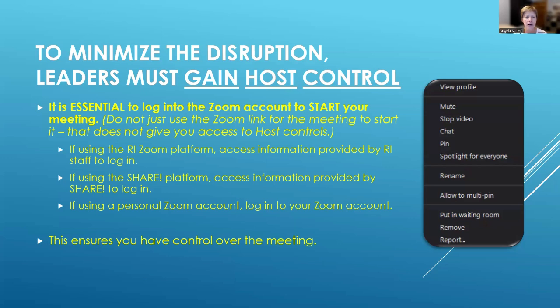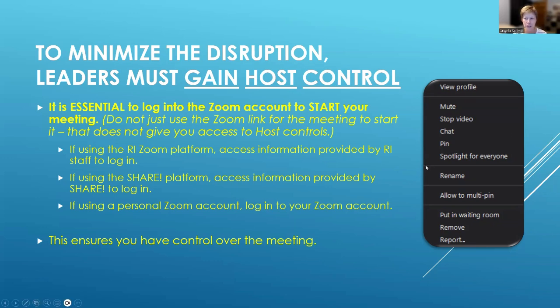If you're using the RI Zoom platform, that access information was provided by RI staff to log in. If you're using the Share platform out in Los Angeles, that access information was provided by Share. And if you're using a personal Zoom account, then go to the website, get to Zoom, and log into your account to start that meeting. That's the way you're going to have host control, okay?